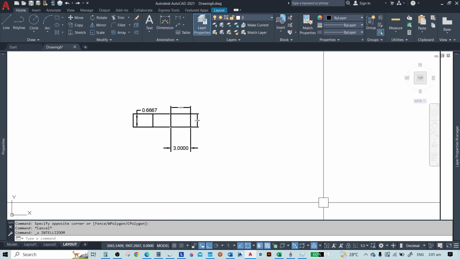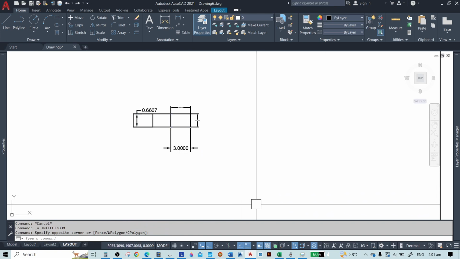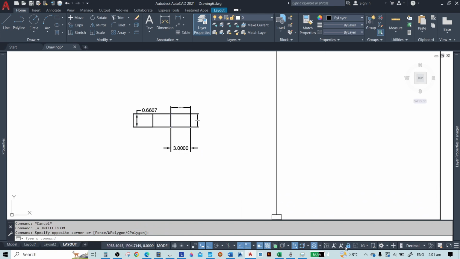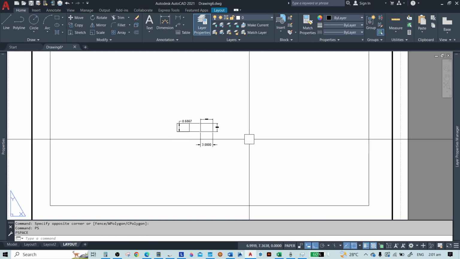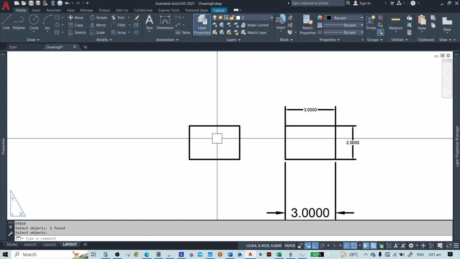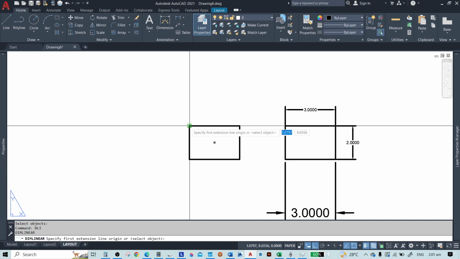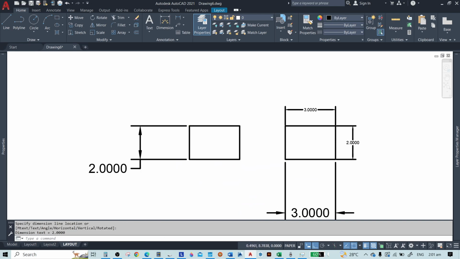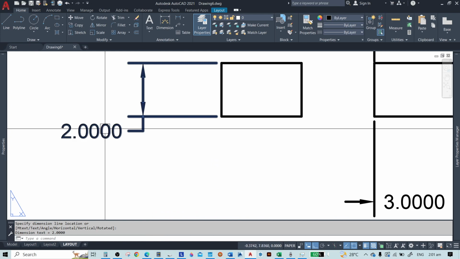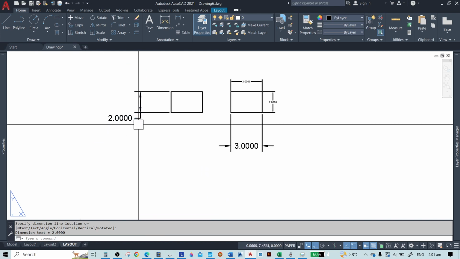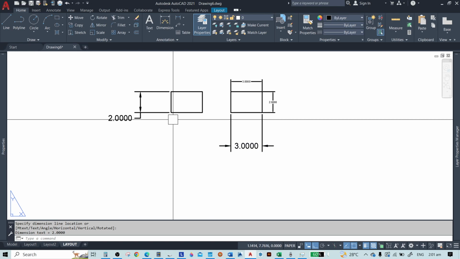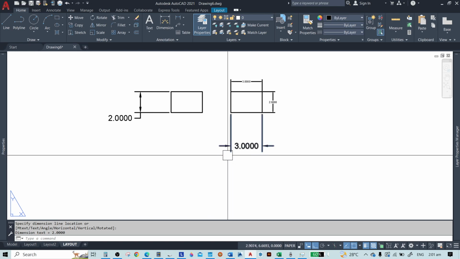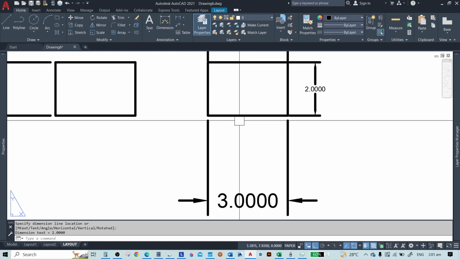Oops, sorry. You can lock this viewport so that the scale will not be changed. So we'll just delete this. So as you can see, if I do it here, this happens, the same thing that happened here when I dimensioned this horizontal part.